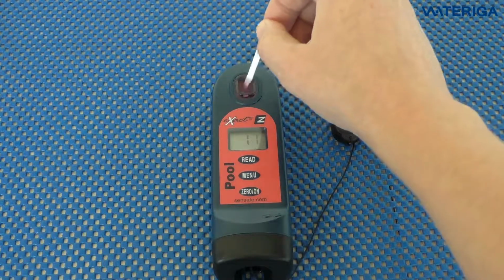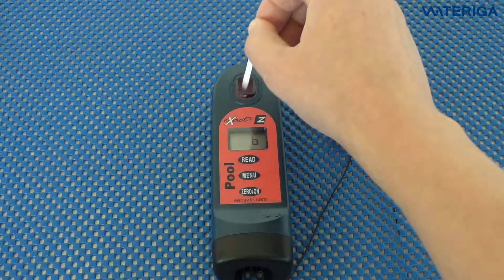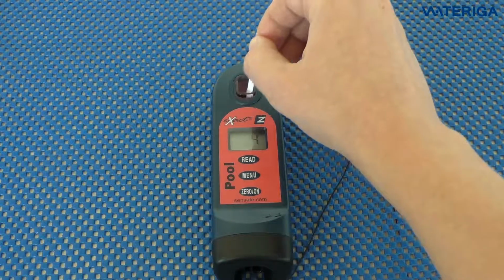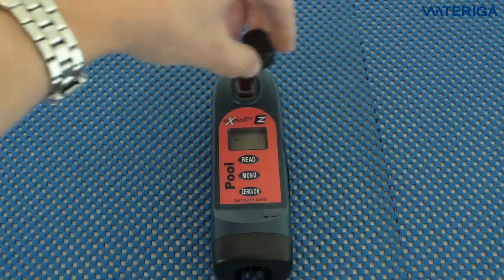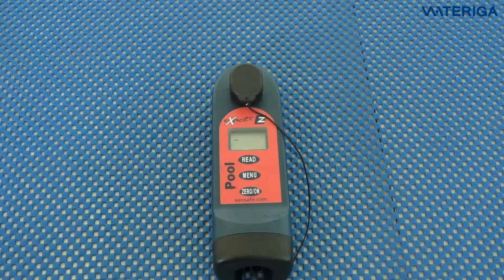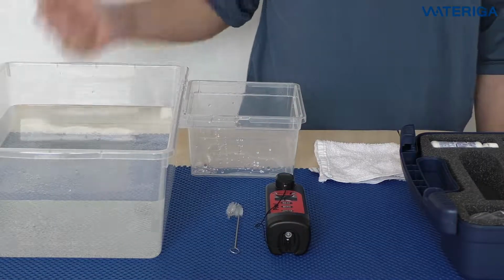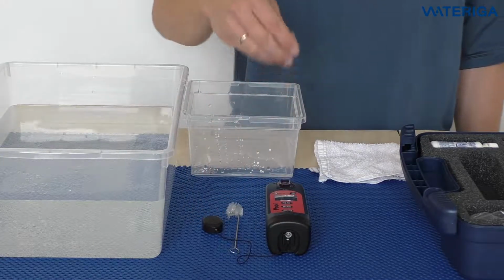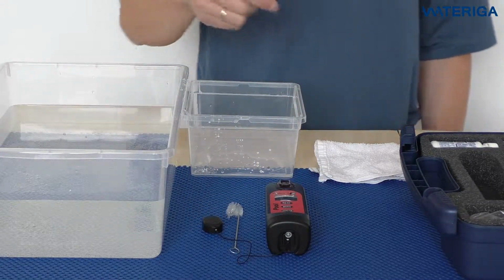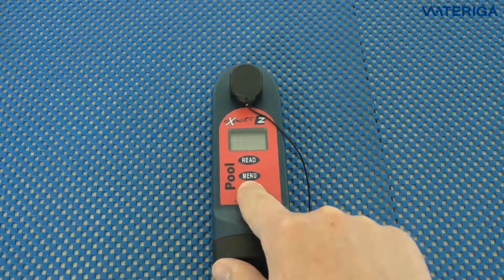During these 20 seconds you just move the strip like this to make sure the right amount of reagent is being released. Remove the strip at 1 and wait for the result to be shown. We get the result of free chlorine here. If we want to continue to the combined chlorine, we can do this in the same water. We'll place the cap over, press 0,